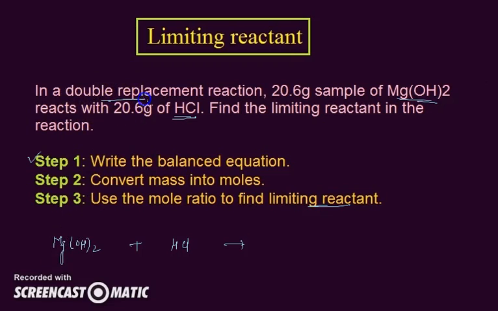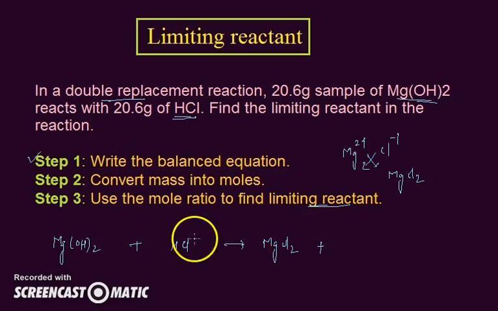This is a double replacement reaction, and in these reactions the positive ion of the first reactant combines with the negative ion of the other reactant. Magnesium ion has a +2 charge and chloride ion has a negative charge, and before we combine these ions we balance their charges. So we crisscross their numbers, and here we get the formula MgCl2. This is one of the products formed in the reaction.